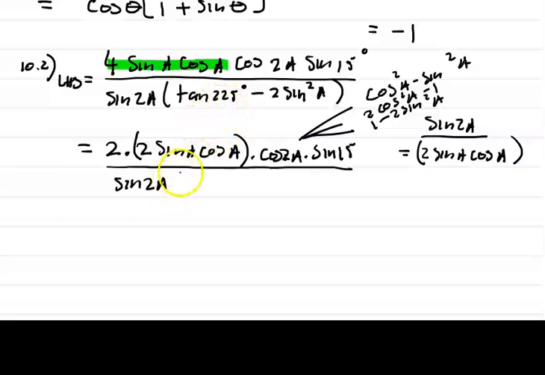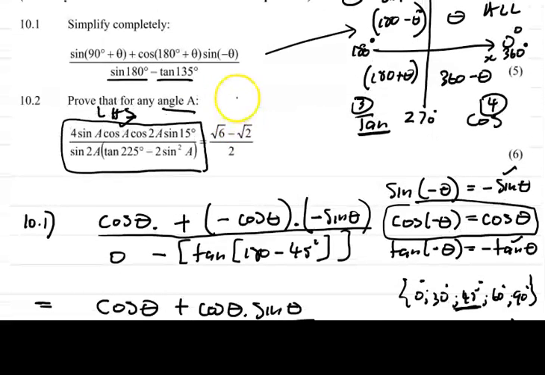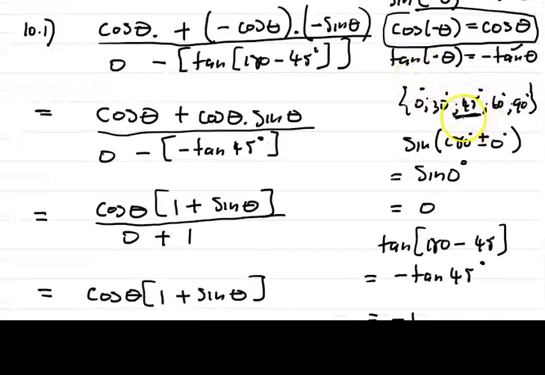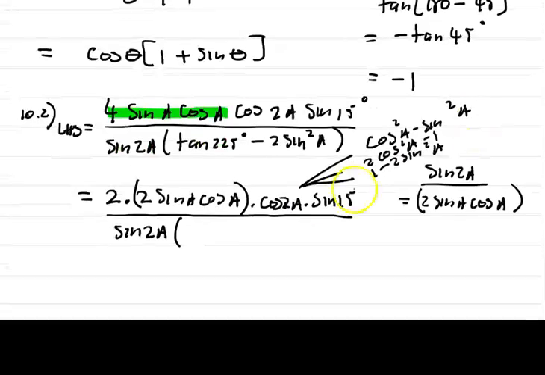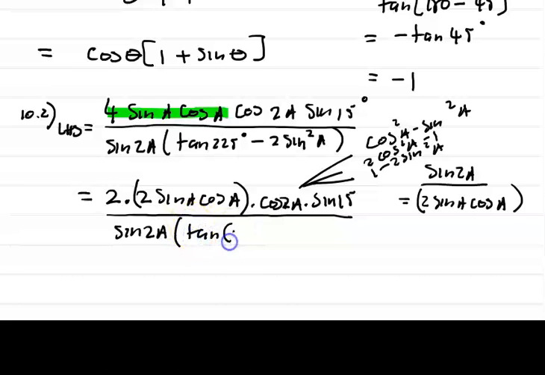And into tan of 225 degrees. So let's reduce tan of 225 degrees. Which quadrant does tan of 225 degrees lie? It lies in the third quadrant. So we're going to say 180 plus. Once again, the special angle that we're going to use is 45 degrees. So this will be tan of 180 plus 45 degrees minus 2 sine squared A